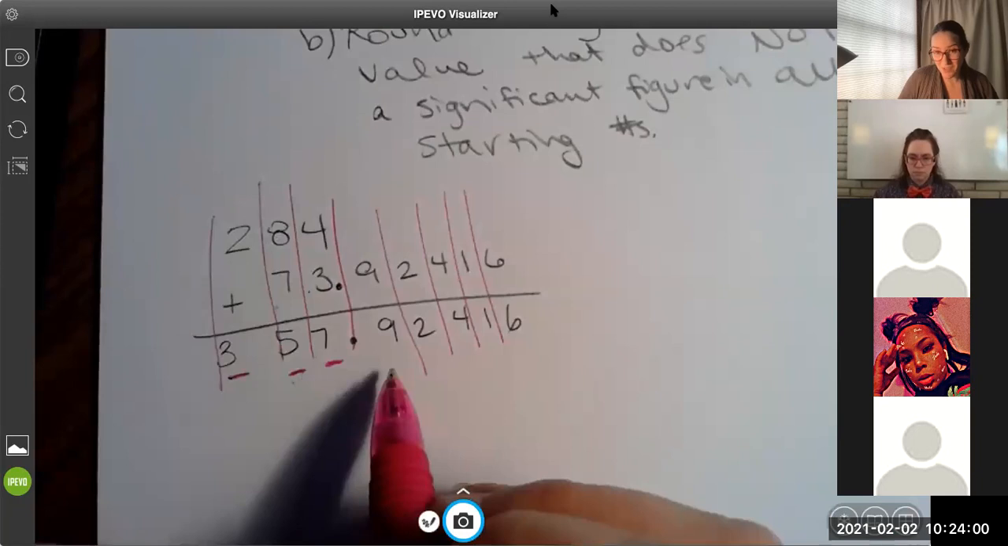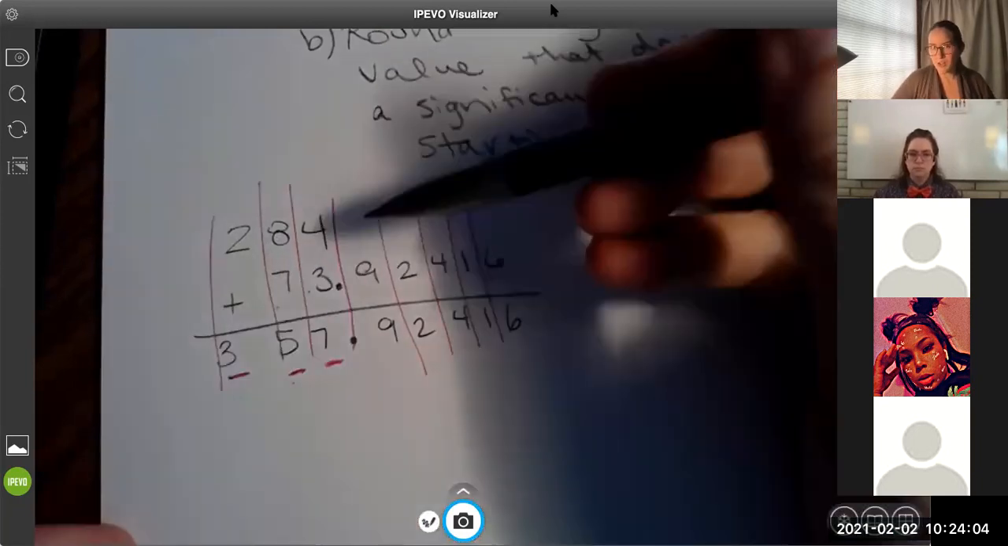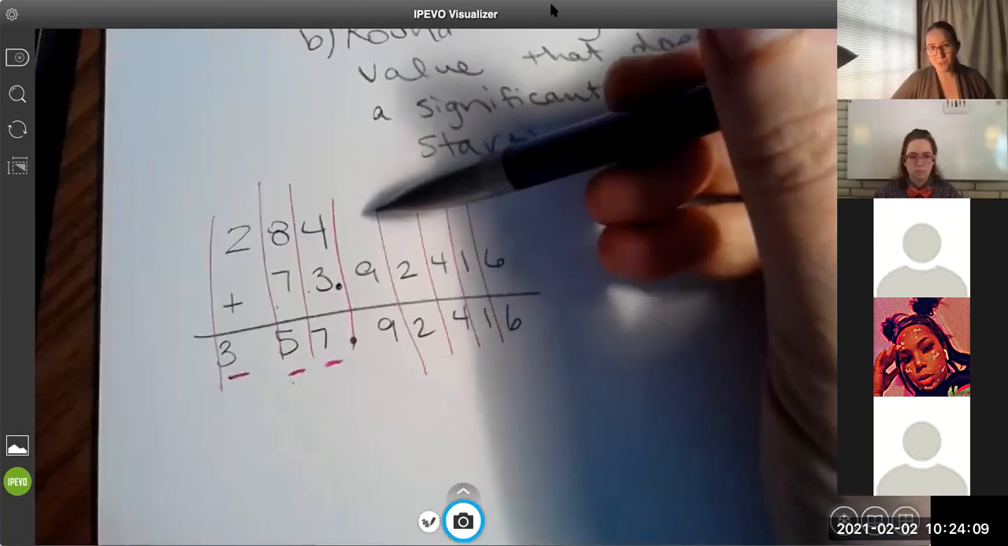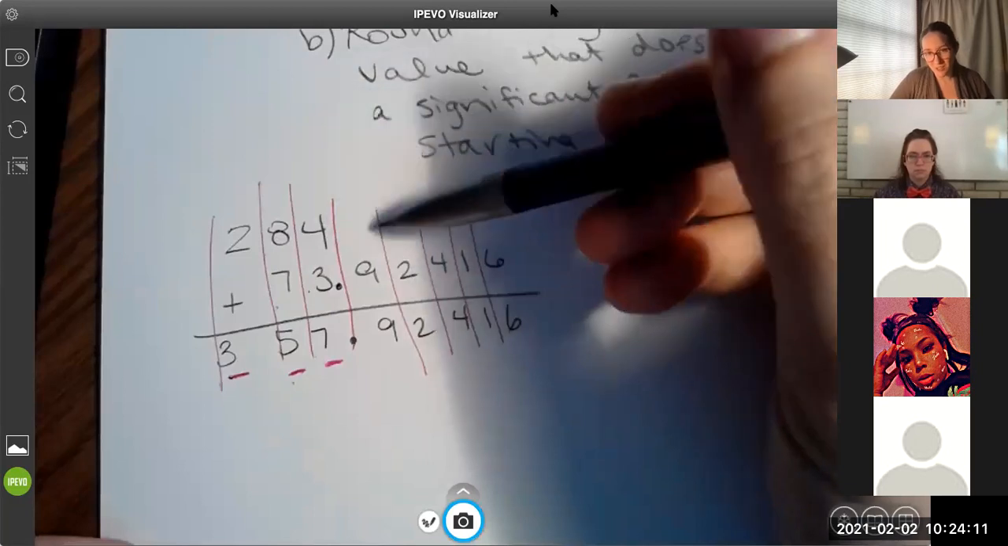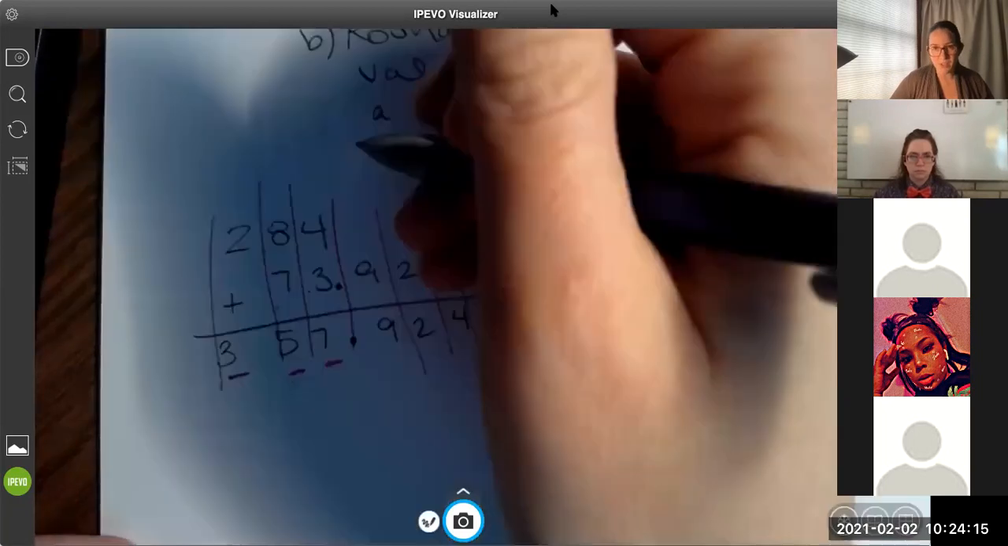The tenths place, we do not have a number there. It's blank. This tool could not see the tenths place at all. There's no number there. Because there's no significant number here,